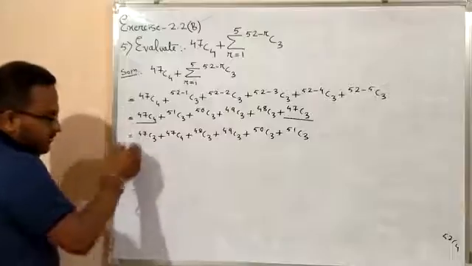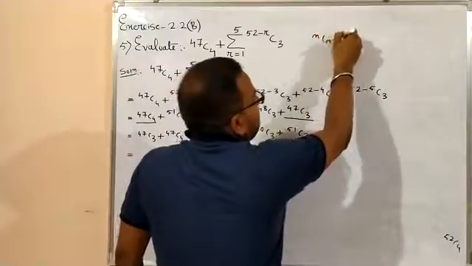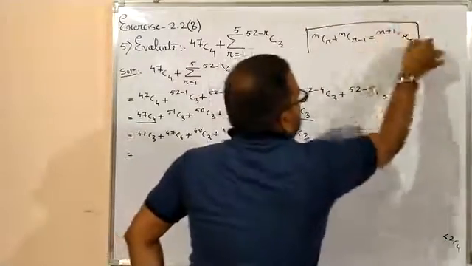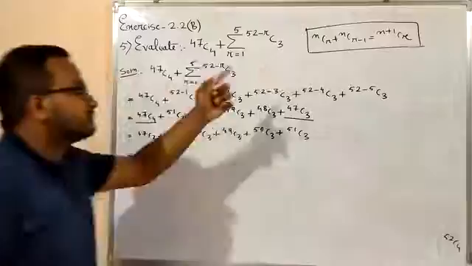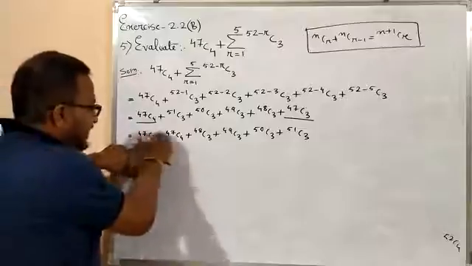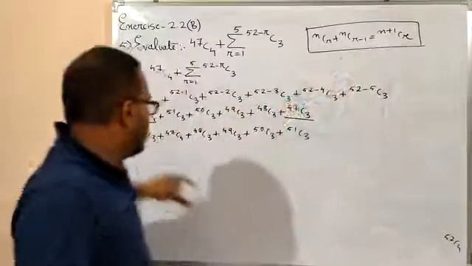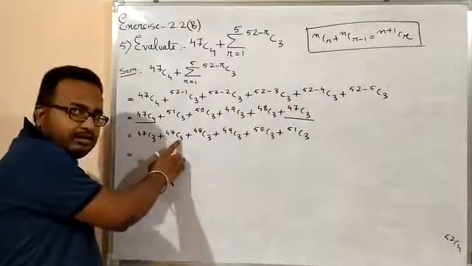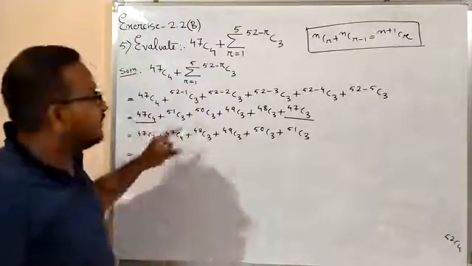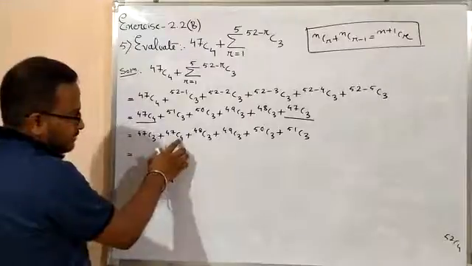Now you see, I have one formula, isn't it? nCr plus nCr minus 1 is n plus 1 Cr. We have done it. Remember this one. Now I am going to use this here. You see, n is the same, 47 and 47 same. Then r and r minus 1. If you consider this as your r, 4, then it will be 4 minus 1. This 3 is nothing but 4 minus 1. So your r is 4.